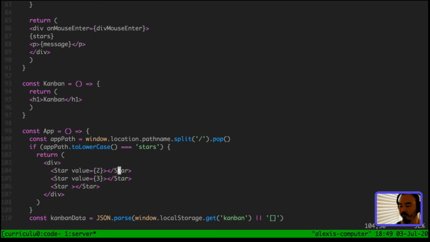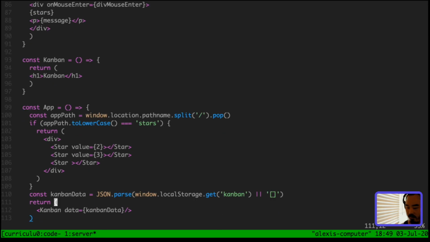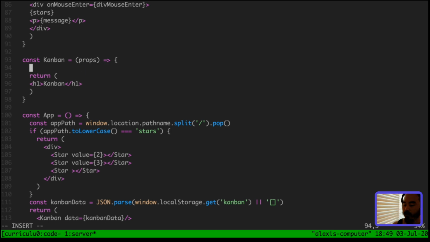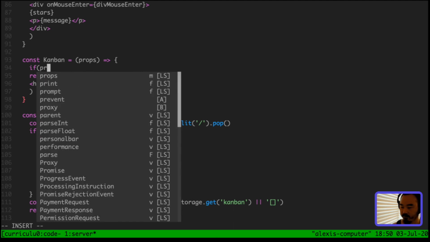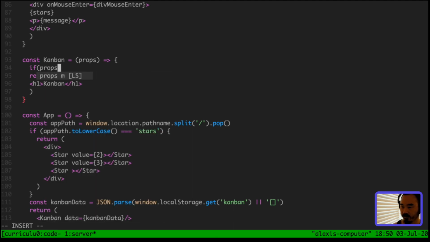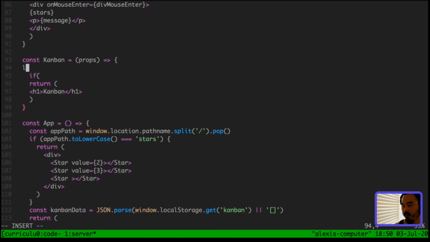So now if I have Kanban data, my Kanban board would take in props. And then if props exist,